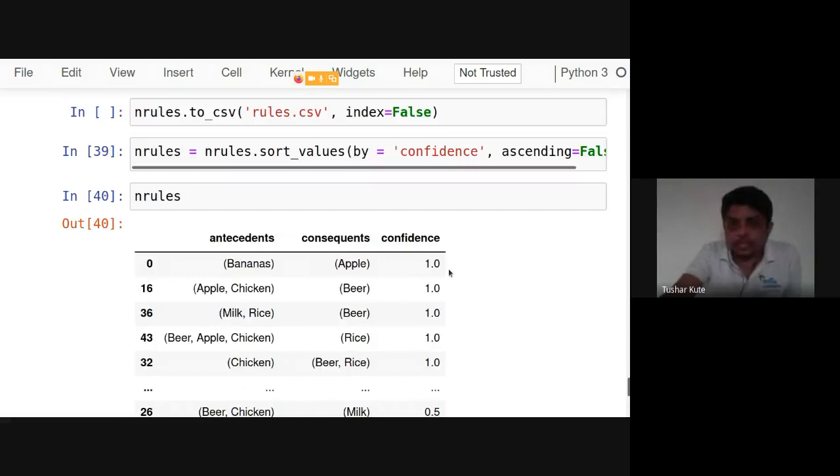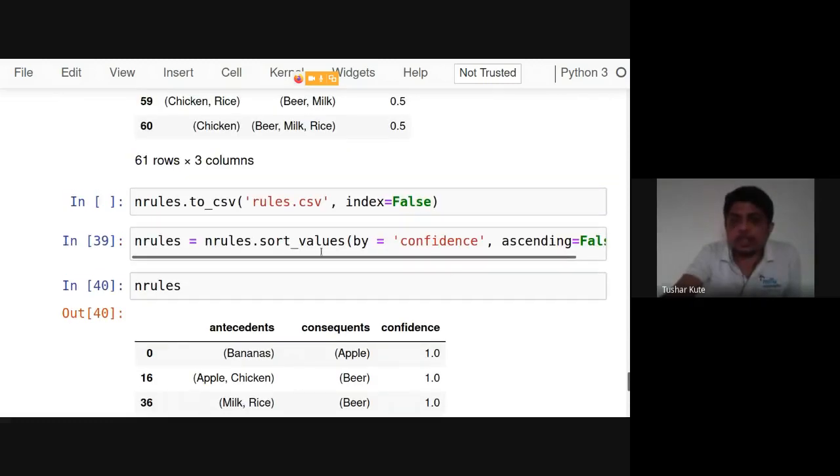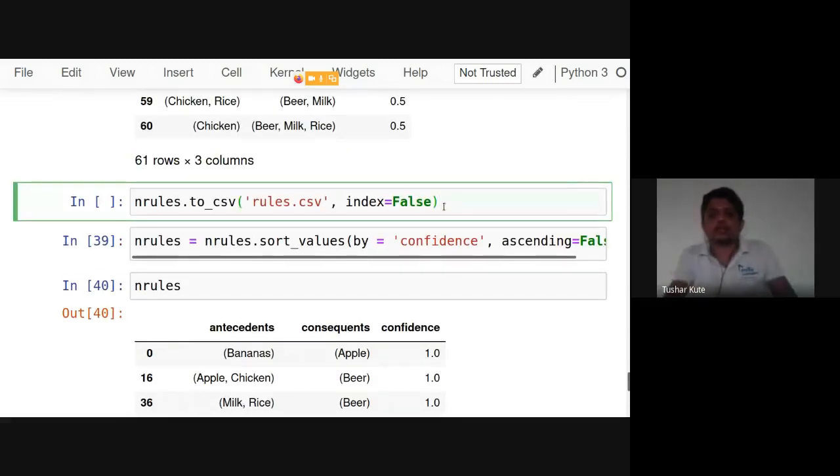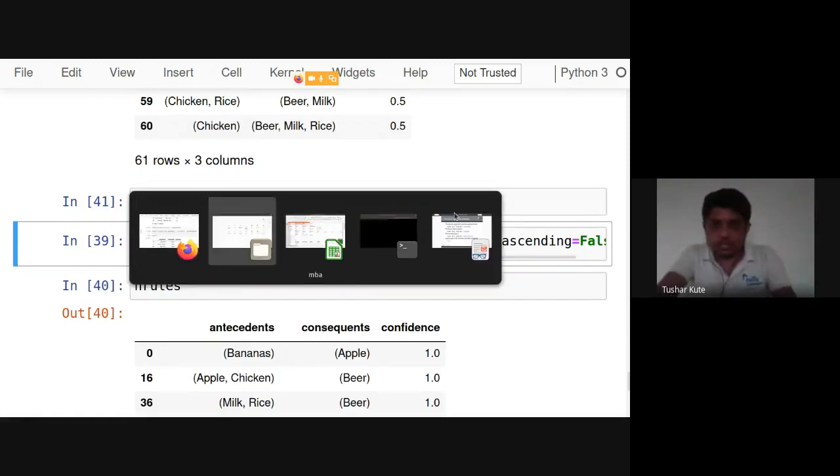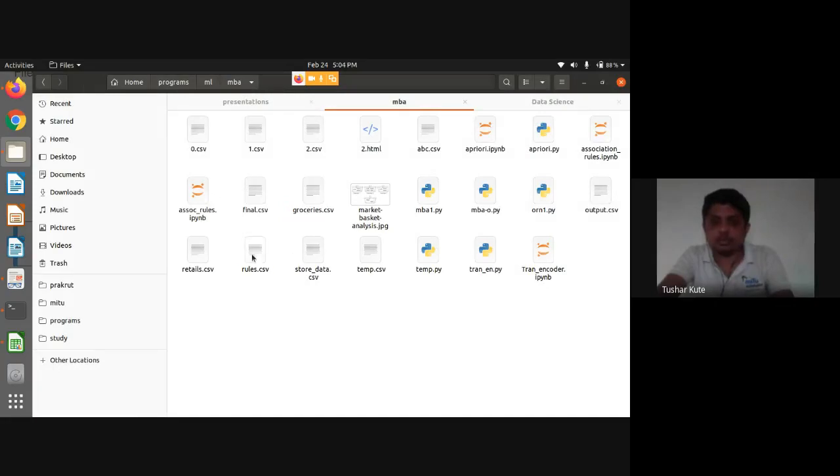This column that I can do. And I want to save them in a CSV file, just like yesterday that we have done. We have done all the tasks of clustering and then we have separated the clusters. So now, whatever association rules we have extracted, I am going to save these rules in a CSV file, like rules.csv, which is shown over here. And if I go to my current working directory, you can see that the rules are saved. This file I have created.